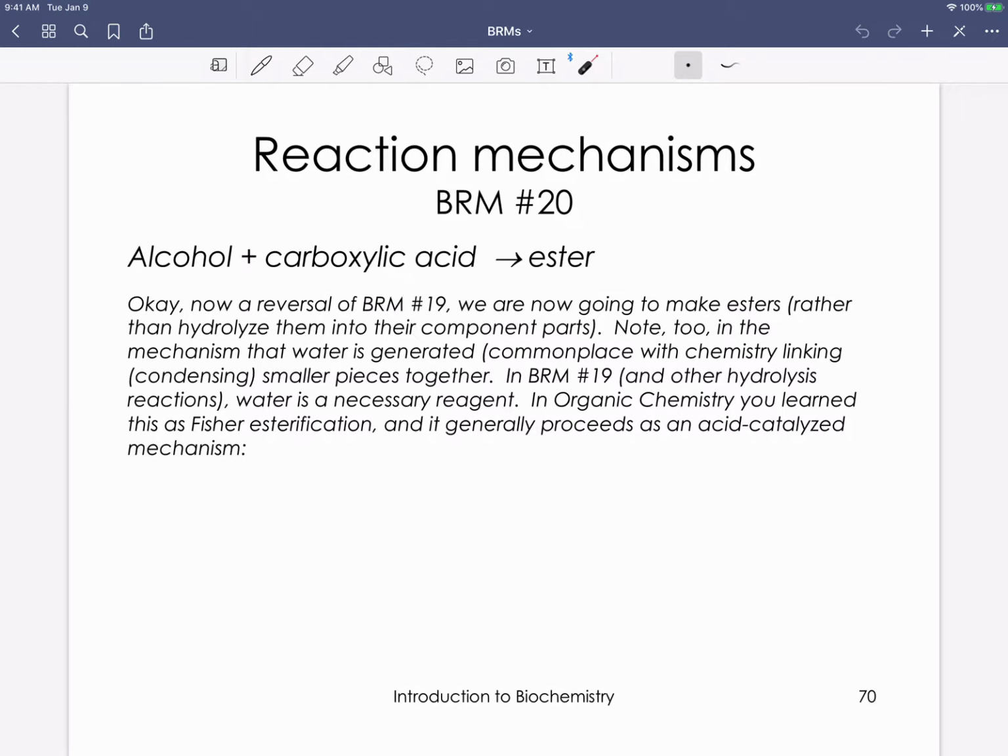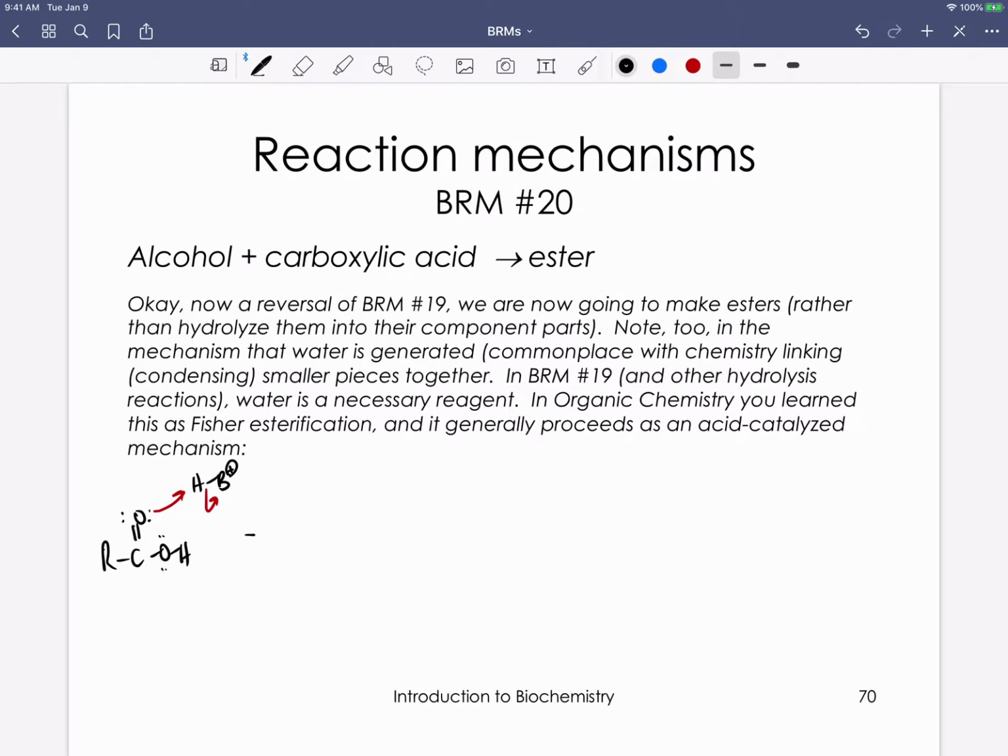In organic chemistry, you learned this as Fischer esterification, and generally this proceeds via an acid catalyzed mechanism. So let's go ahead and draw out this mechanism. We're going to have carboxylic acids. We're going to need to protonate this carboxylic acid to make it a better electrophile, to better react with our nucleophilic alcohol, which again, alcohols